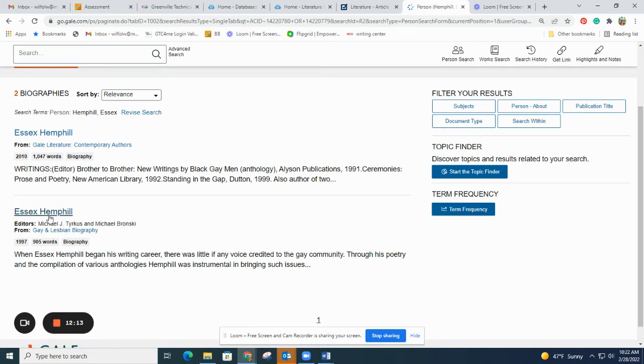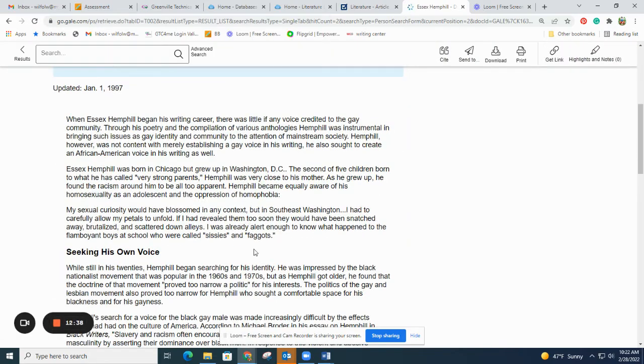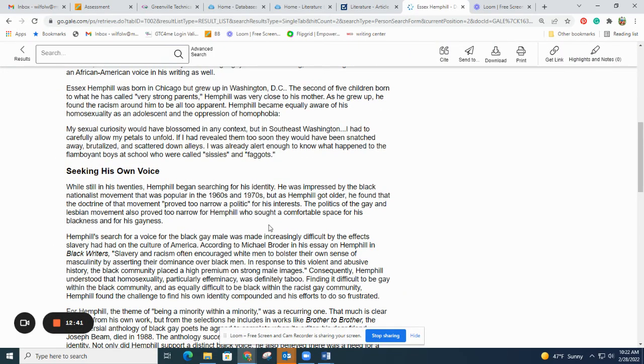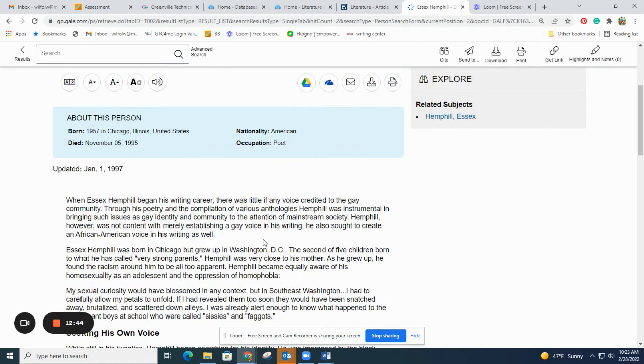And so let's say you want to focus on the theme of Commitments being about the kind of isolation and loneliness that comes even with your own family members from being a member of the LGBT community, especially if your family's not supportive of that, I mean, to hide that aspect of your life. Well, I think you could probably find a lot of very supportive stuff in this article about Essex Hemphill and his work within the LGBT community and his life growing up. So this looks like there's some actual, yeah, there's a quote from him about growing up.